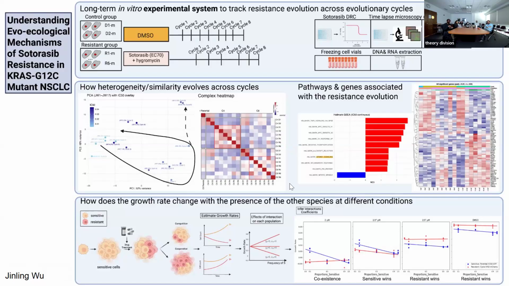And also to move forward and connect these transcriptional shifts to pathway-specific and cancer-focused processes, we applied gene set enrichment analysis, and we identified significant upregulation of the mTOR signaling pathway, consistent with the potential reactivation of downstream RAS signaling to escape the inhibition. And we could also use the heat map to dig into these significant genes.